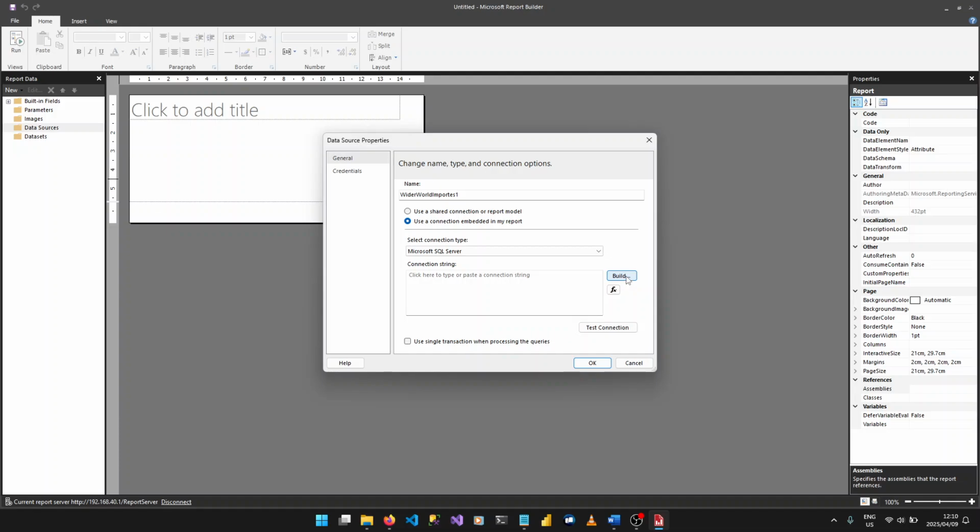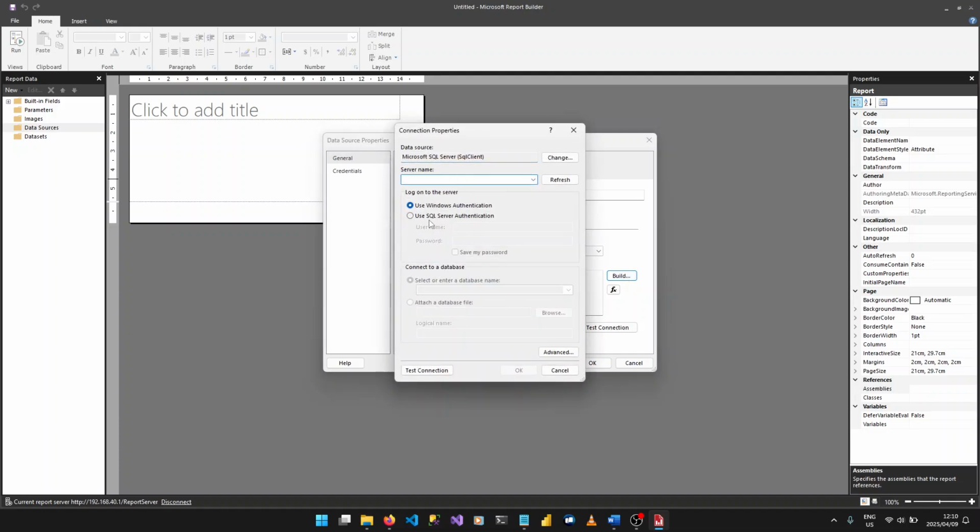Click build. My SQL server's name is server1. The instance name is MS SQL Server. The password is SA,